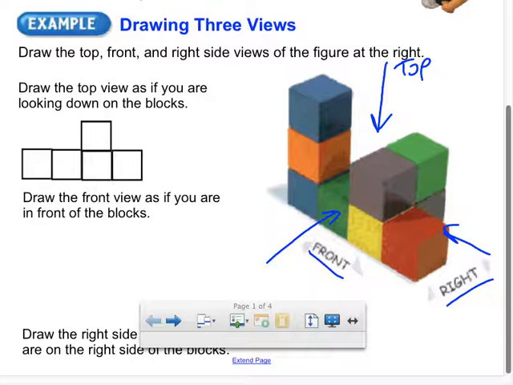Do you guys see how I created my top view? How many of you guys got that correct? Good. If you made a mistake, go ahead and correct your mistake. This is our first example, but this is the top view. These are the faces of our model that we see from above. Now what I'd like to create,